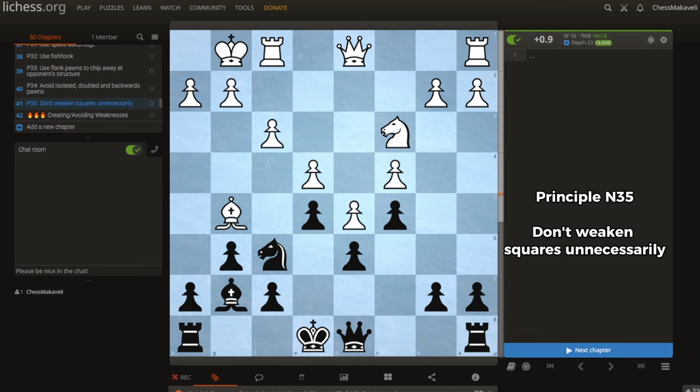Principle number 35 is going to be don't weaken squares unnecessarily. When you push pawns in chess, you have to keep in mind that those pawns can never go back. So in this position, if you were to play a move like h6, let's say this bishop retreats to h4, h6 is a fine move. However, if you keep going with this pawn push,